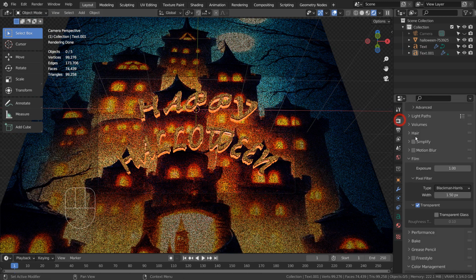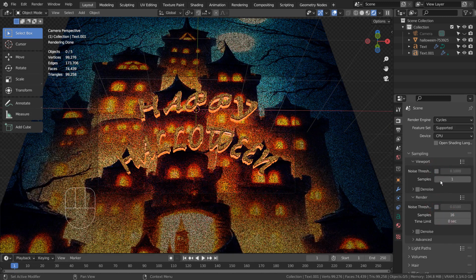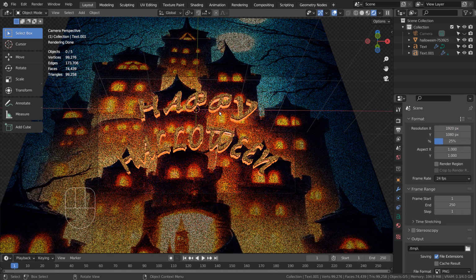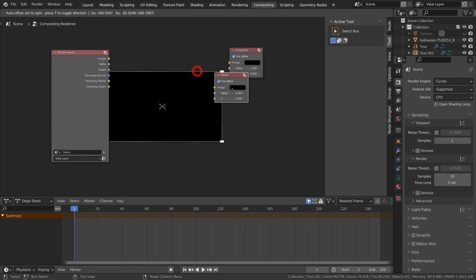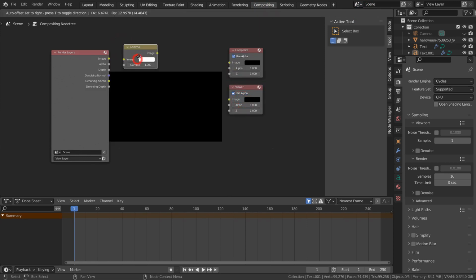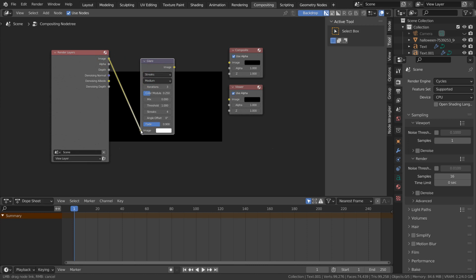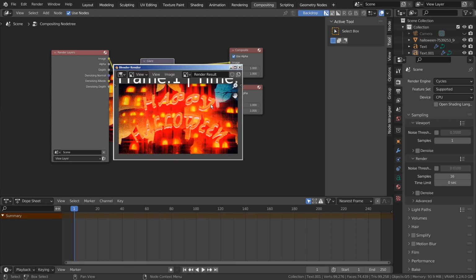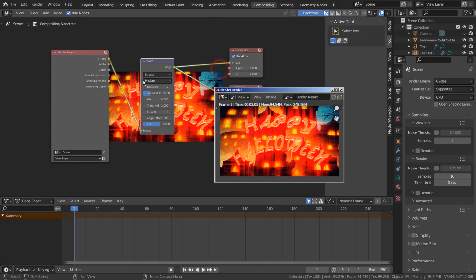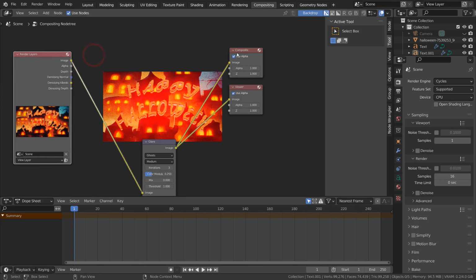Once we apply the glare composite node, we'll see the difference right away. Please experiment with the composite settings to get the best looking result.